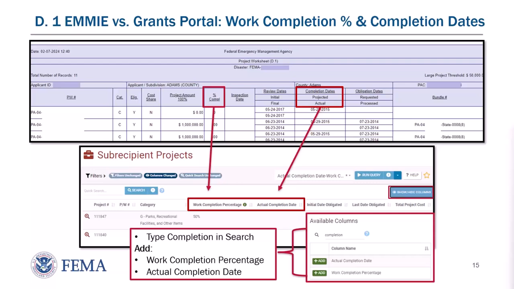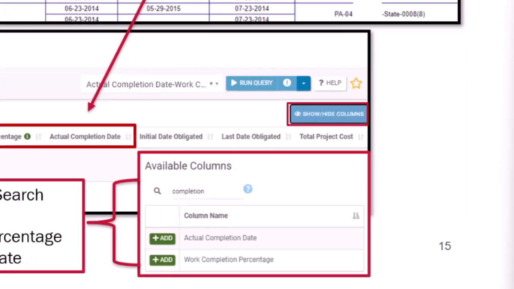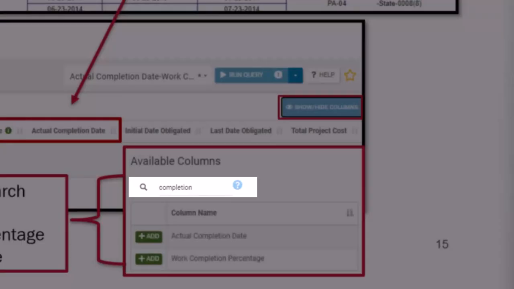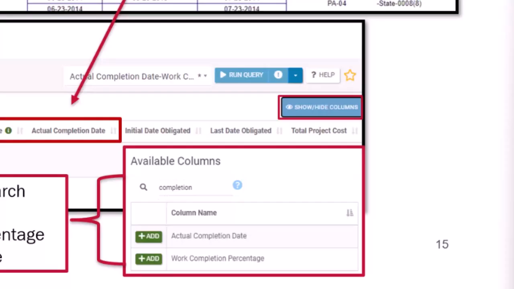The actual completion date is currently gathered in two places. In EMMIE, there's a projected and actual date. In Grants Manager, Grants Portal, the project will be updated to 100% complete when a completion date is entered during closeout. Select the Show Hide columns and add actual completion date and work completion percentage. You can filter these Show Hide columns down. Here we typed in the word completion, so it only gave us the selections that had the word completion in